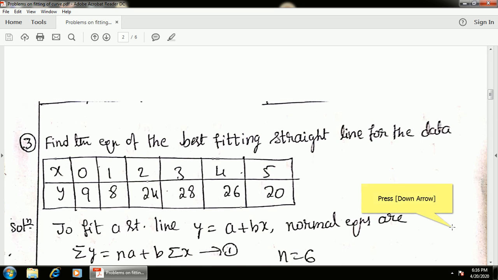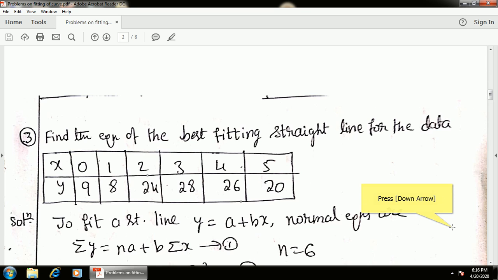Find the equation of the best fitting straight line for the data x and y values they have given. Here they have not given the straight line. The equation of the straight line they have not given, but they asked you to find the equation of the best fitting straight line. In such cases,